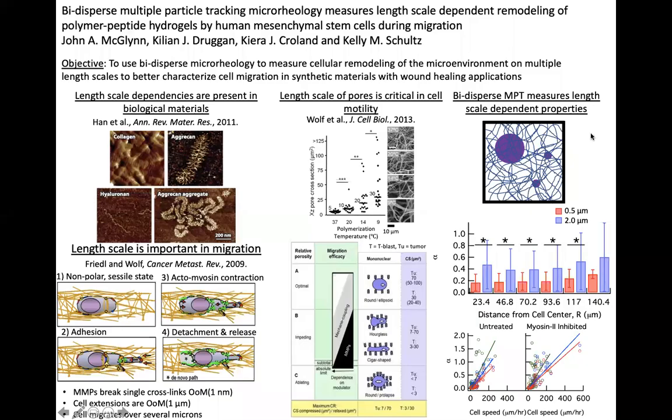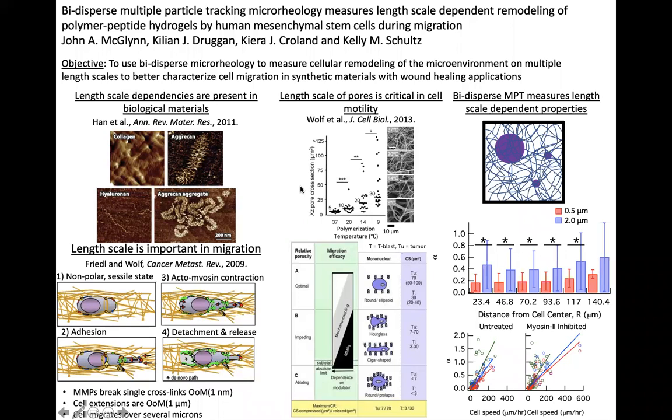Hello, everyone, and thank you for coming to my talk on biodisperse MPT, measuring length scale dependent remodeling of hydrogels by HMSCs during migration. The objective is to use the microrheological technique of biodisperse MPT to measure cellular remodeling of the pericellular region on different length scales in order to better characterize cell migration in synthetic materials that have